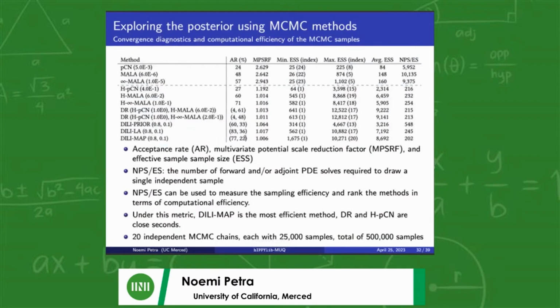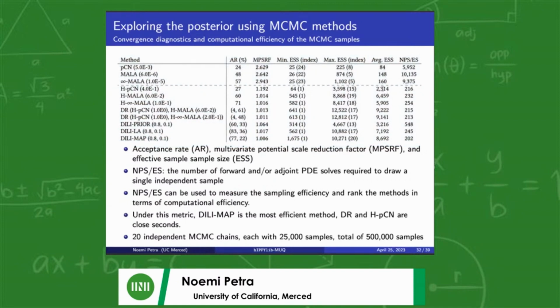However, I would like to emphasize that there are more parameters to tune in this context. So we tend to like the Hessian-informed preconditioned Crank-Nicolson because it's a bit easier to tune and gave us fairly good acceptance rate, MPSRF, fairly low number of PDE solves,